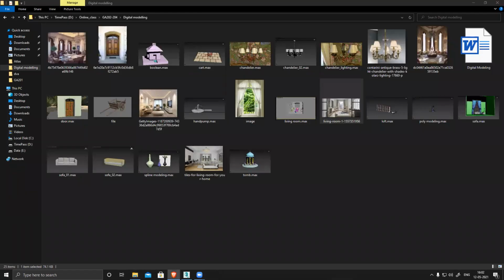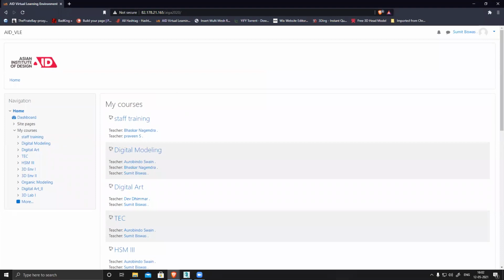Next class, would you please show how to import materials from Pixel Bridge? Yes, I can show that. But for texturing, you have to unwrap your model. We haven't touched unwrapping yet. UV mapping, yes. Unless you UV, we cannot texture it. With Pixel Bridge, I can show you how to set up the entire pipeline, this plugin and everything, and how to apply texture. That's not a problem, but we need to know UVW before that.